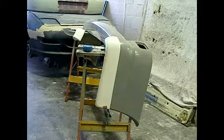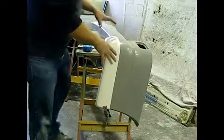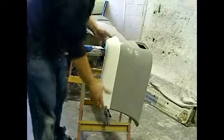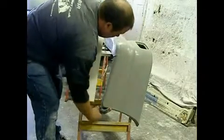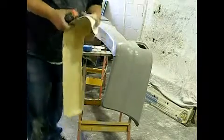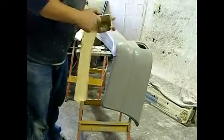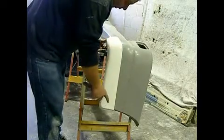What I've been doing for the last couple of minutes is just lining up this spat on this side. I've lined it up, decided where I was happy, and then put a pencil line to where my spat is going to go. I have trimmed up this edge a little bit just to make sure I was happy with the fit